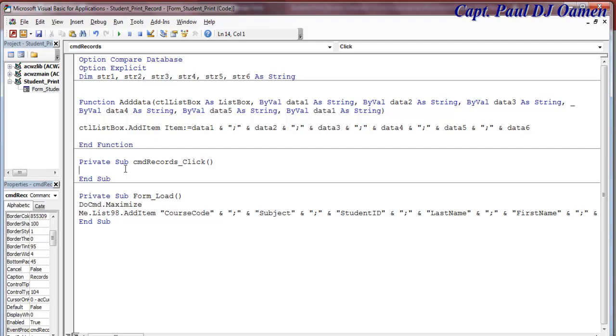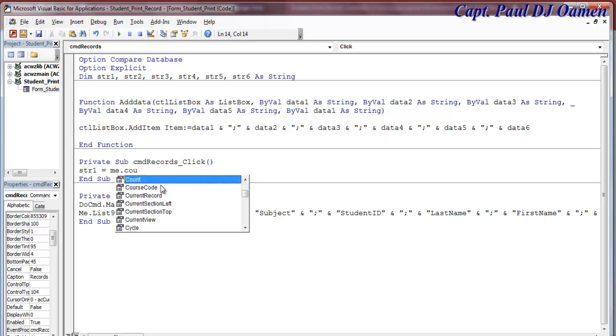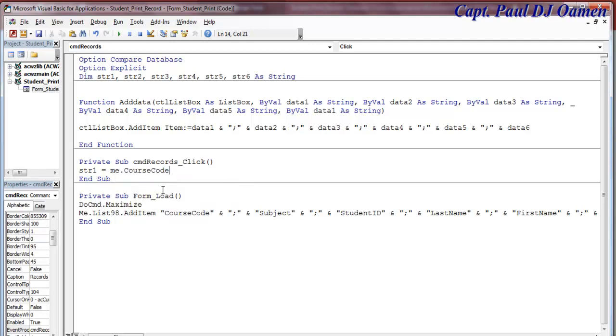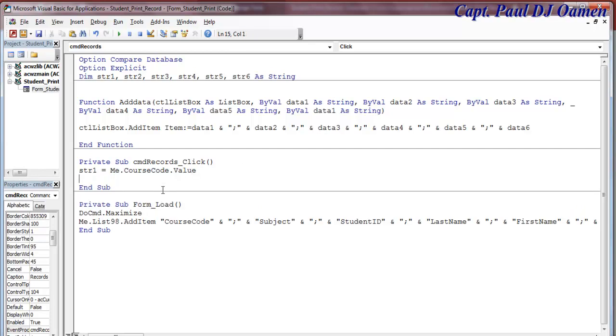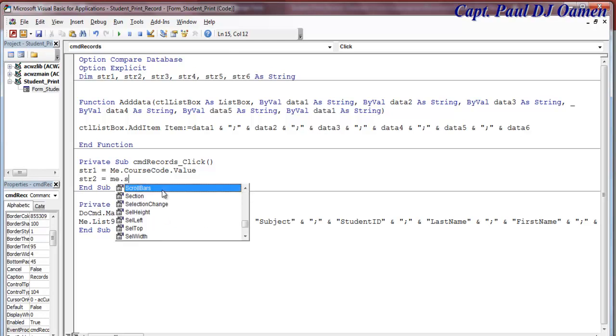Now the first thing is, you see my very first variable here, copy and paste that, equals, so I'm going to say me dot cost code dot value. That should be value, right? And the next one is number 2 equals me dot subject